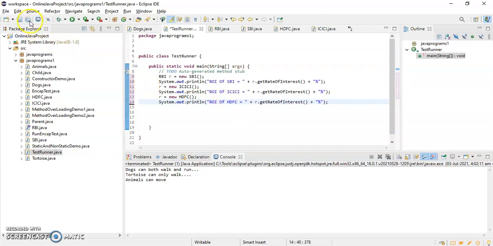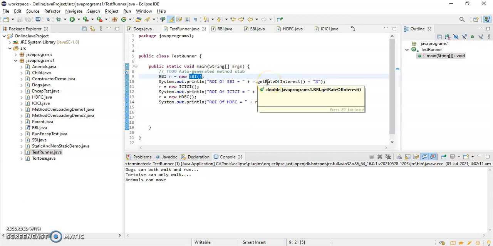If you see, the reference variable is the same, but we are assigning different objects to it. Here I have assigned the SBI class object, that means it will call the getRateOfInterest method which has been defined in the SBI class.